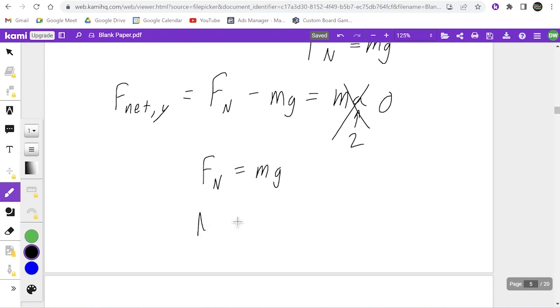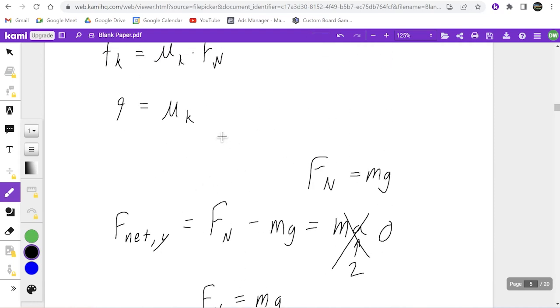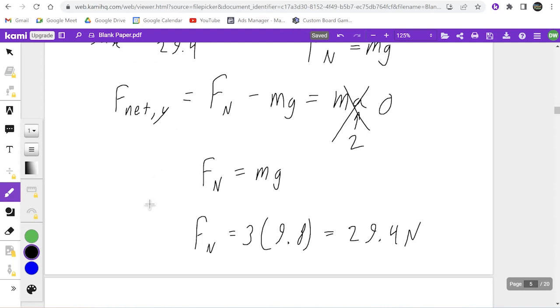Now the mass we do know. The mass is 3 kilograms, and g is a constant. We know it's 9.8. So that's going to be a normal force equal to 29.4 newtons. And then once we have the normal force, well, now I'm just going to plug it back into my kinetic friction equation. So that means right here, 29.4. And then to solve for mu k is going to equal 9 divided by 29.4, which comes out to